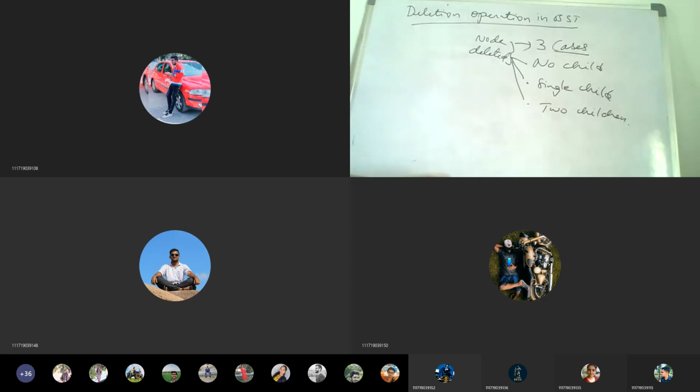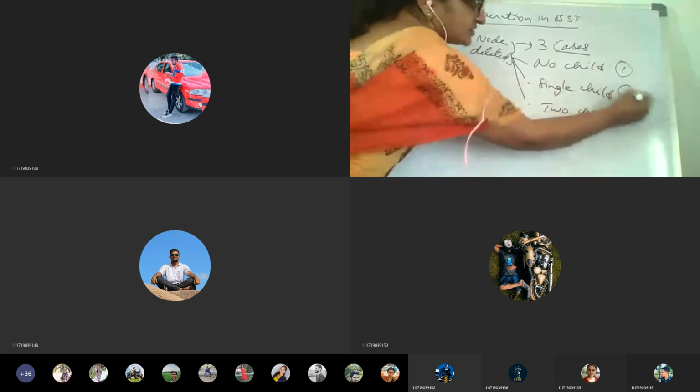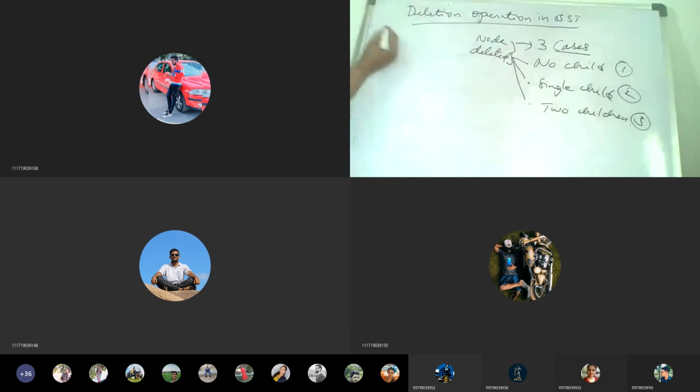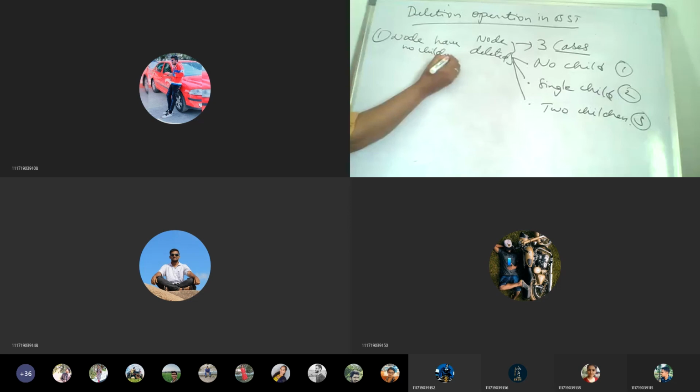So let's see the first example. I consider this as 1, this as 2 and this as 3. Let me take the first case: when a node has no children. Let me take an example for this.